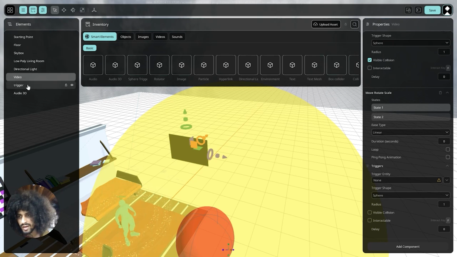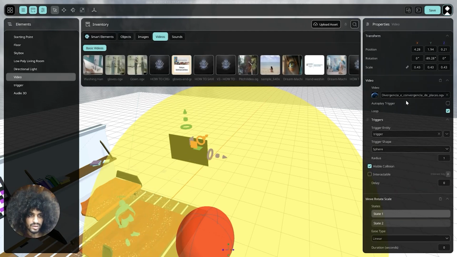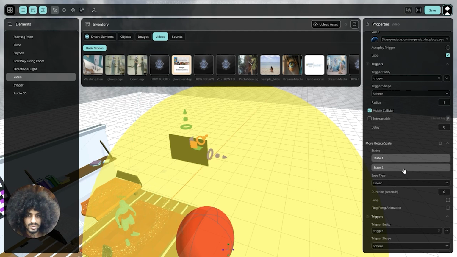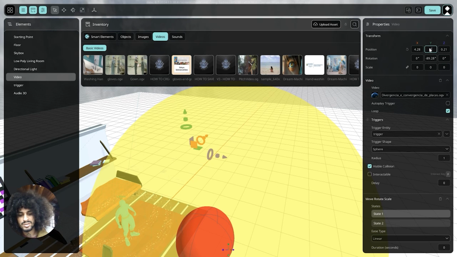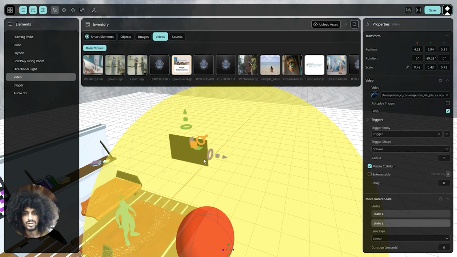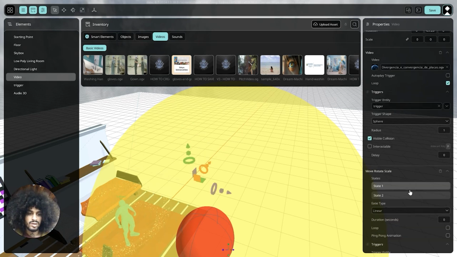So if I have the same trigger entity in here, it could also be an object, it could be this floor, it could be anything inside of my element pane. And if I have it in here, for state 1 I'm going to put 0 on the scale and 0 on position, and state 2 is going to be like that, okay.